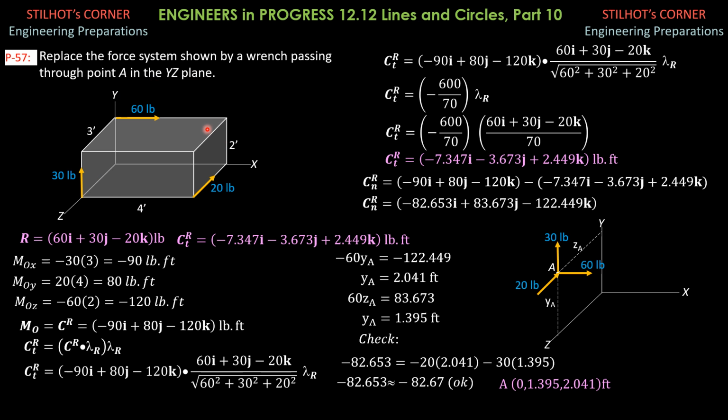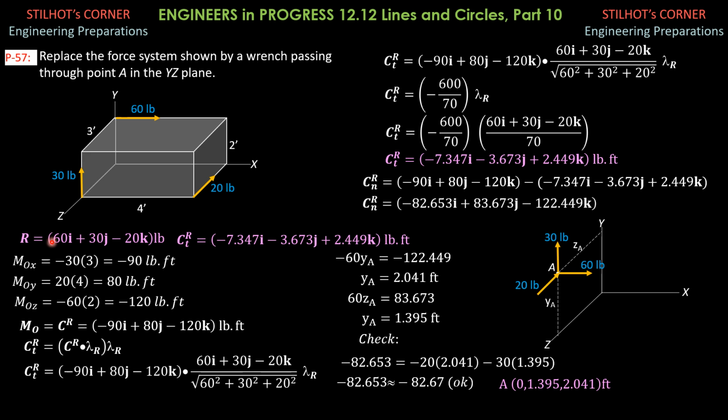So we have here the forces, therefore the resultant force can be easily written as positive 60i and positive 30j. Then because the 20 is in the opposite z direction, it is minus 20 kips. Then since the wrench consists of the force and the couple in the direction of the force, we need C sub TR, the orthogonal component of the couple in the direction of the resultant.